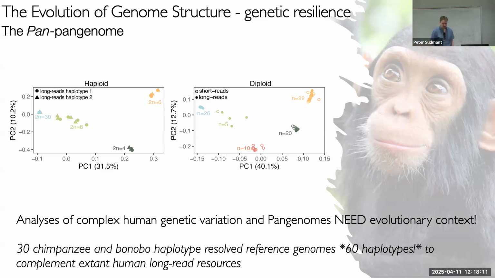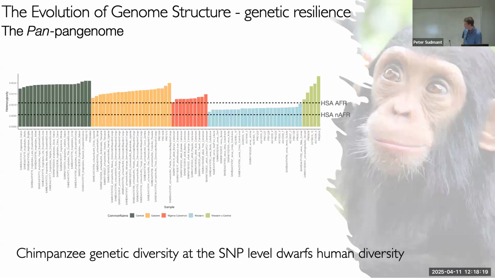You get all the right clustering coming together. And so one thing that's kind of interesting when you start looking at these genomes and you're trying to interpret what you expect to see is diversity statistics. Here these are all the different chimpanzees we've looked at, and the y-axis is heterozygosity, the number of variants that differ between the 2 chromosomes. The dotted lines tell you the average heterozygosity for an African and a non-African human. So what you'll see is that these chimpanzees are way more diverse than your average human. And that's pretty cool and pretty exciting.